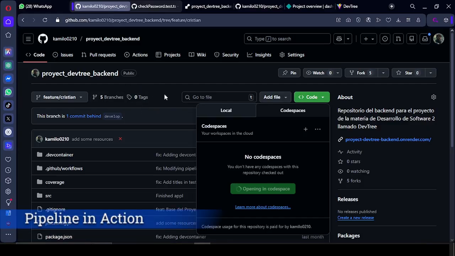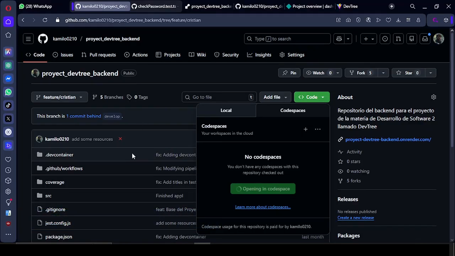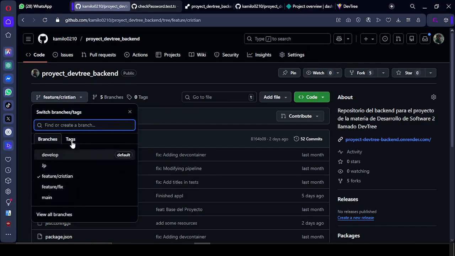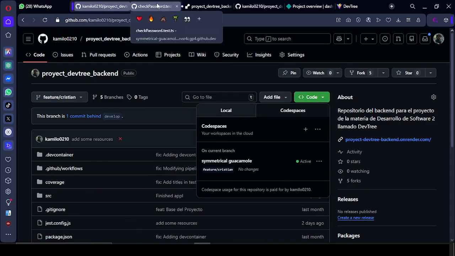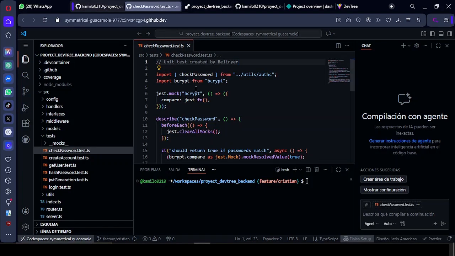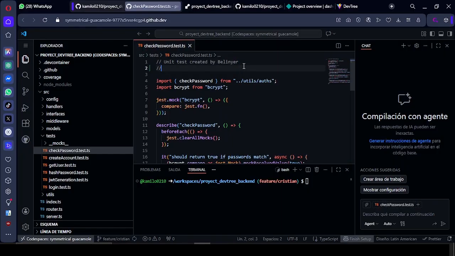Now we are going to demonstrate how the pipeline works in action. For that, we are going to make a small change in our backend code. I switch to my branch in Codespace, feature Cristian, to apply the change. For example, in the unit test, we add a title like "change example",